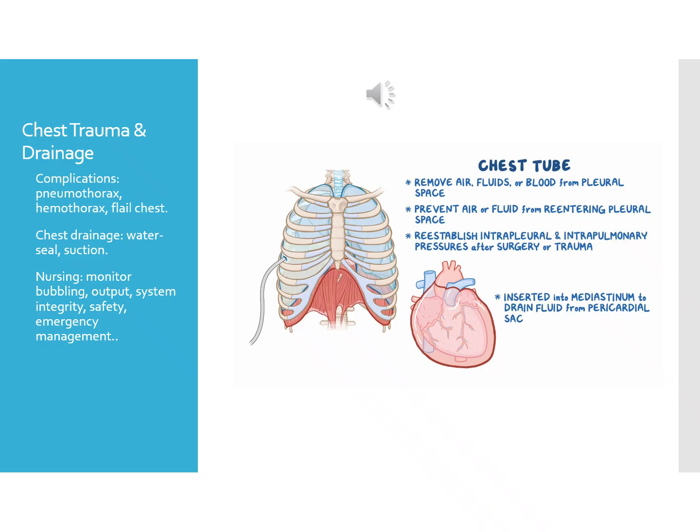This is to buy you some time to go get a new drainage system. This is temporary and creates a water seal so that air is not going back into the pleural space. We'll want to go ahead and grab a new drainage system, notify the doctor if necessary, and reattach that sterile